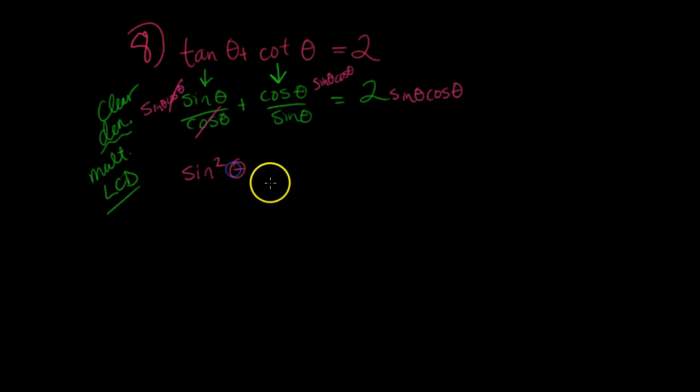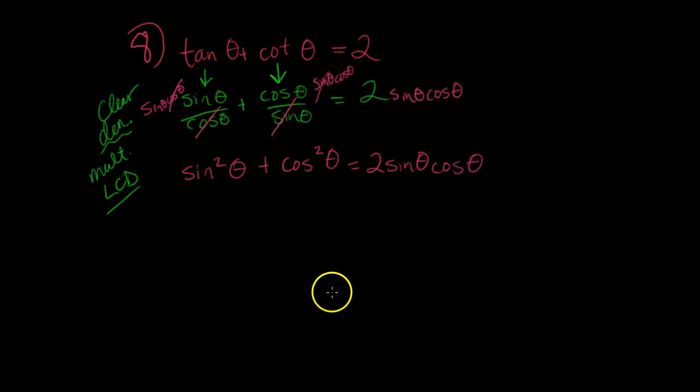Yes, sine squared theta. Cancel out that sine theta, and it gives me cosine squared theta equals 2 sine theta cosine theta. Now this, I love this. I love solving these equations because it kind of brings it all together. Because now, what do you recognize about sine squared theta plus cosine squared theta? What does that equal to? Is it the Pythagorean identity? And does it equal 1? Yes, if you thought that, you were correct. Pythag identity. So that's 1